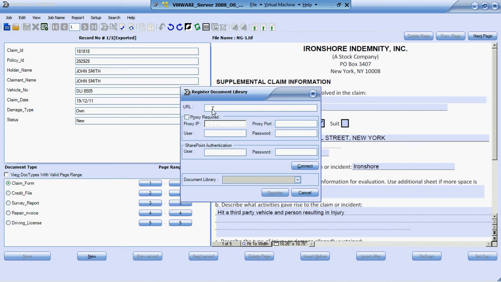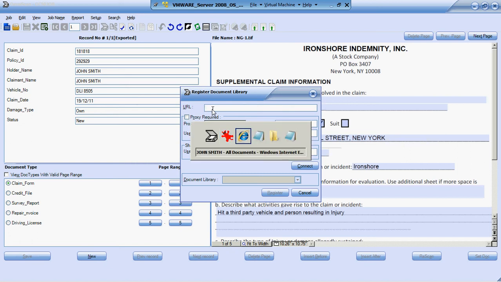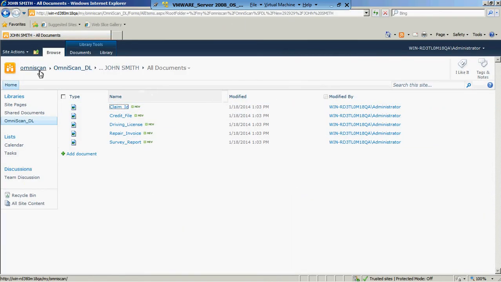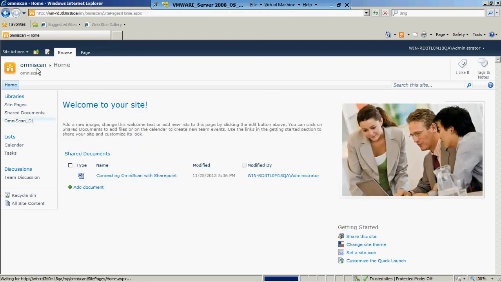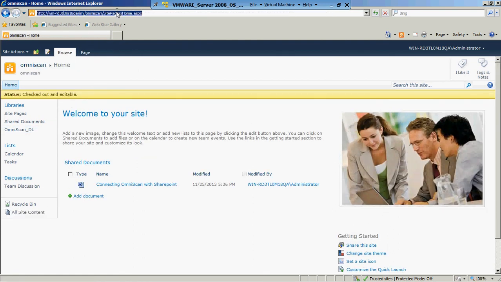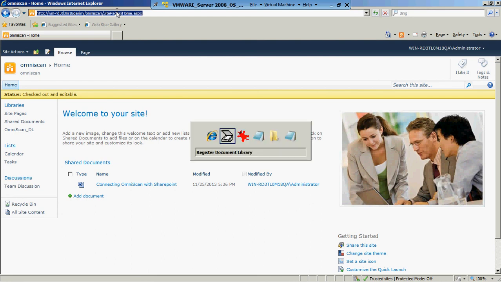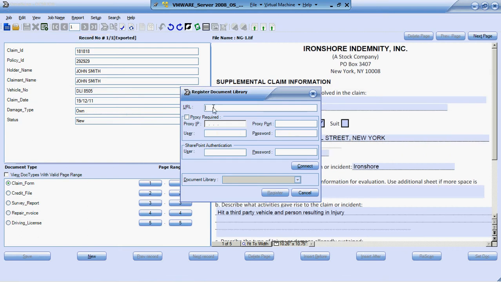Let me showcase how you're going to do that. This is a URL that you have to copy here. So we have to go up to OmniScan, then provide the